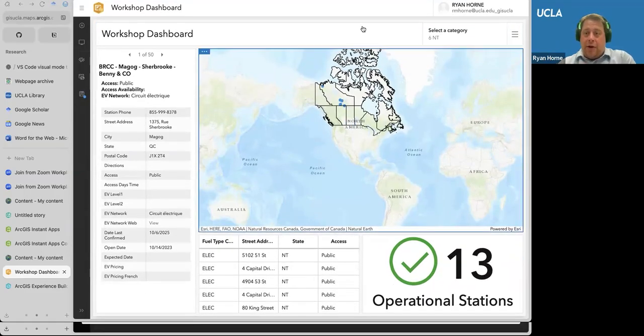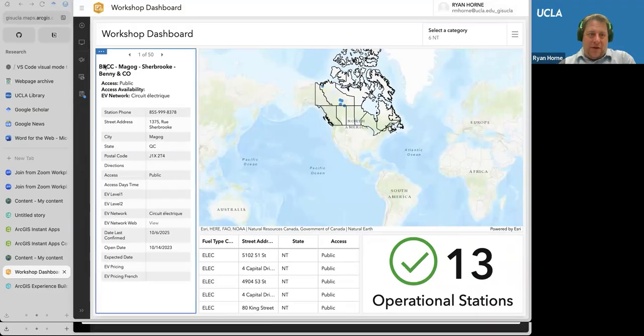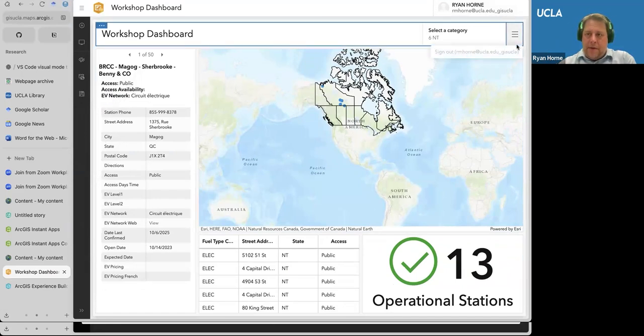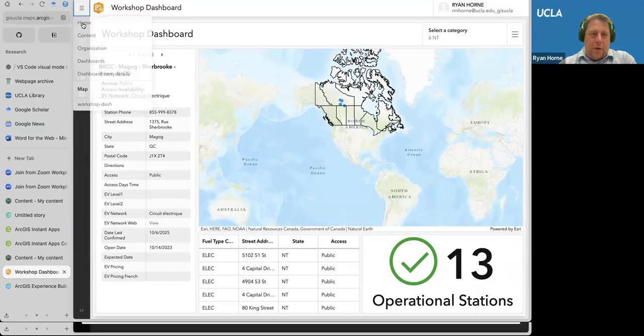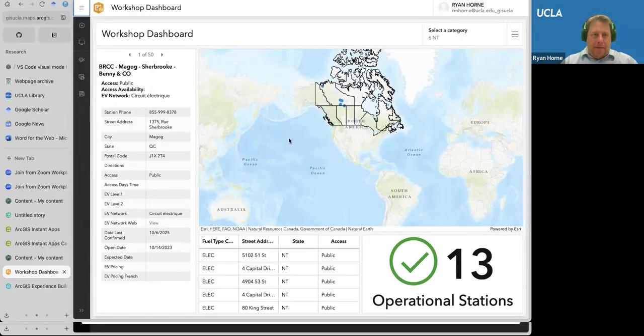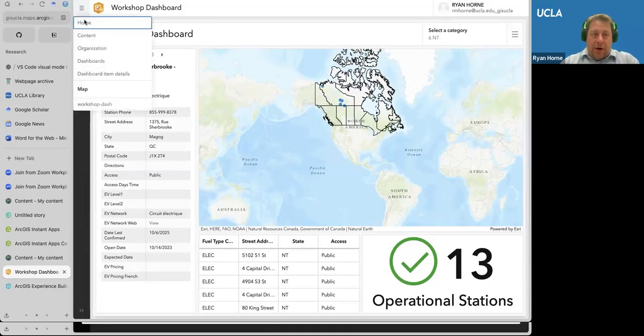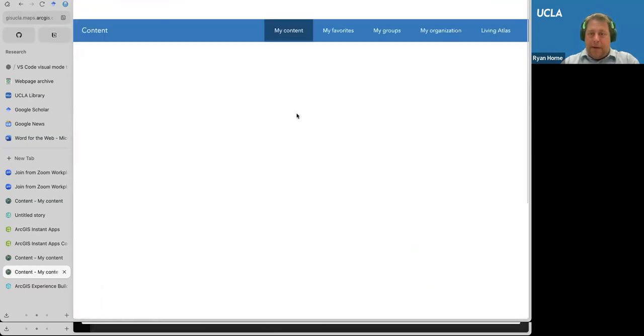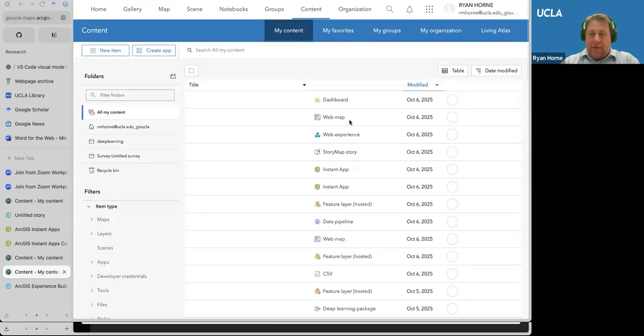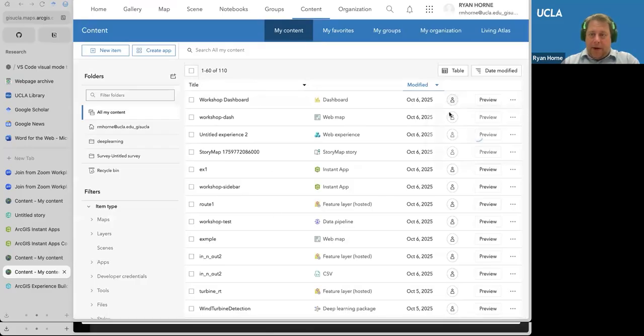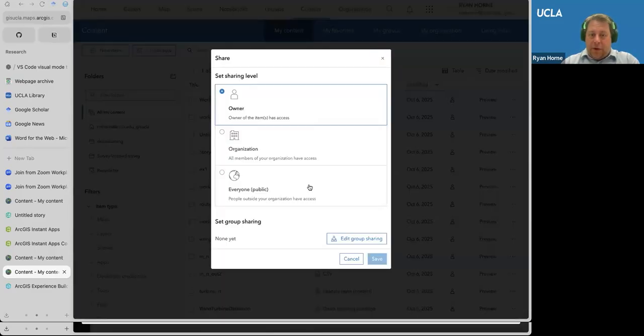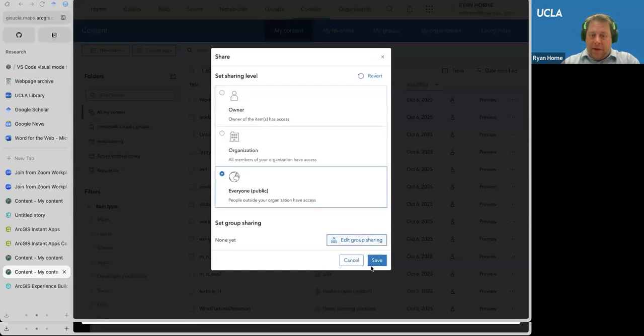Why do you care? Well, you can look at it, but what you can also do is publish this dashboard. So let's go ahead and hit save. And we can sign out. We can do all kinds of wonderful things with our dashboard here. In terms of getting it out there, you can share your data dashboard just like you would any other resource. So if we go to our content, and you see my dashboard come up now, I could make this shared with everyone, for instance. If I hit share,